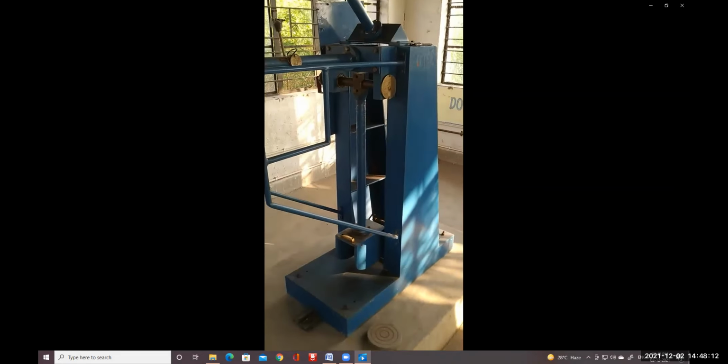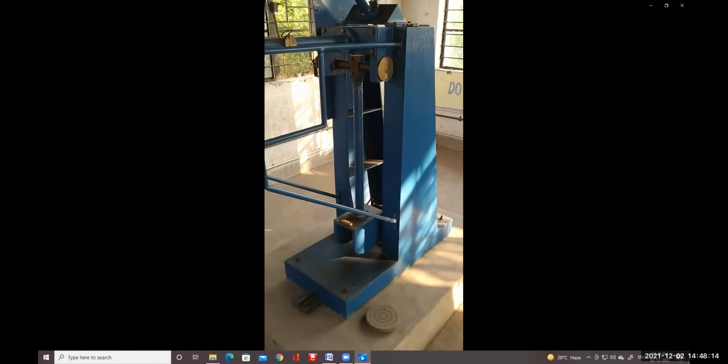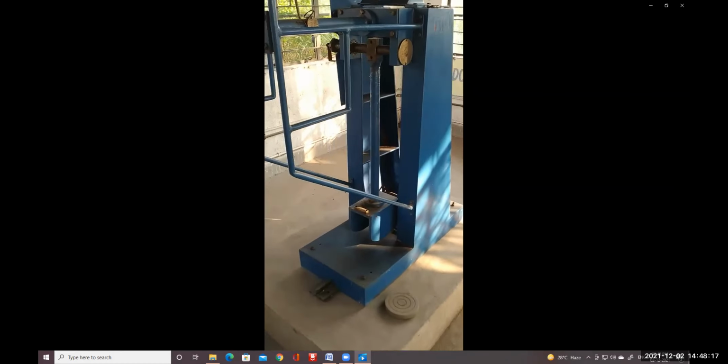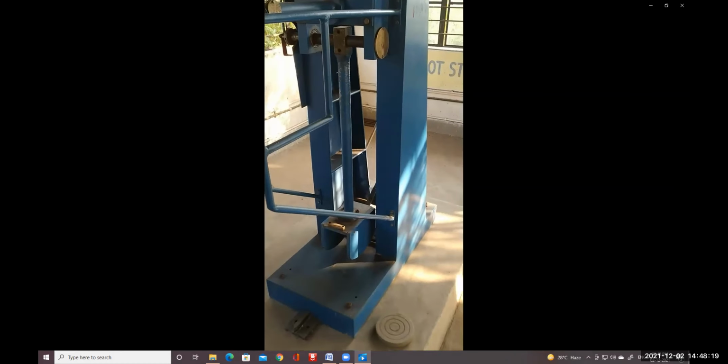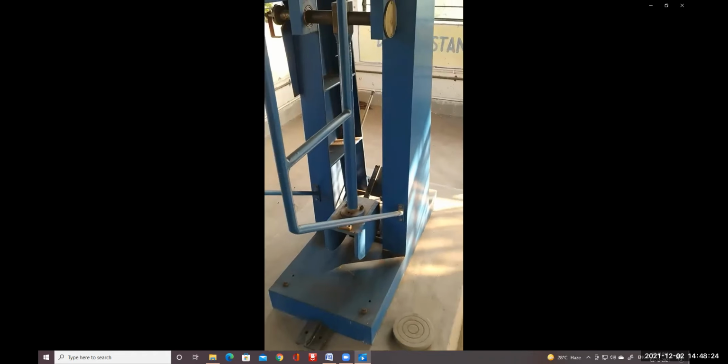This is our impact testing machine, which is also known as the IZOD and Charpy impact testing machine. Here we take the load required to break a workpiece of known size and shape, if we apply a certain known load suddenly released from a certain height. It is required to know how much a particular workpiece or machine member can sustain if an external load is applied by impact.